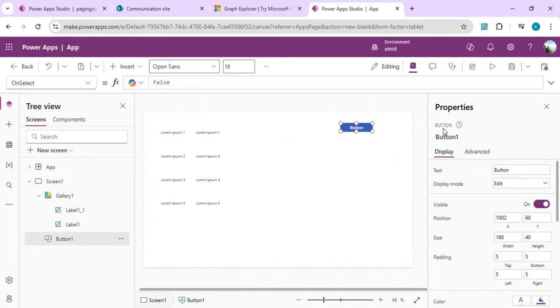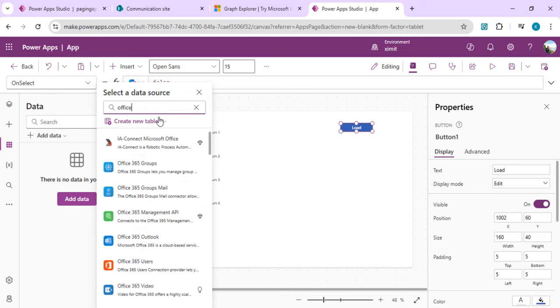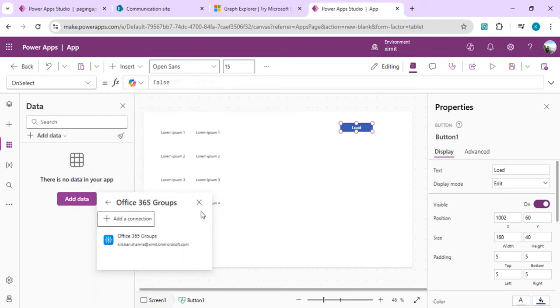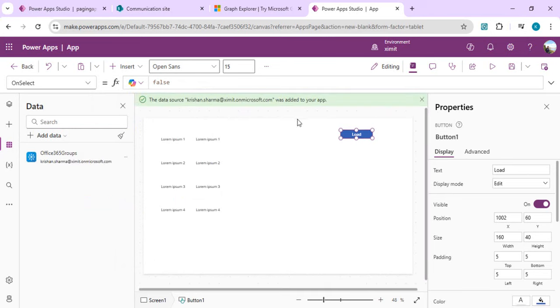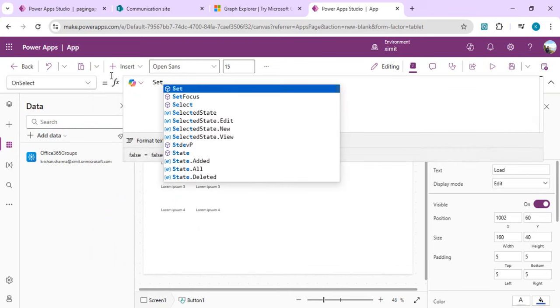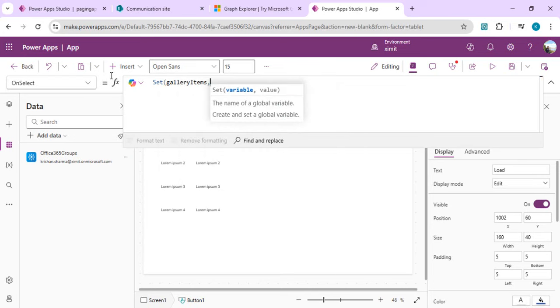This button we'll be using as the load button for the initial load. You can do that in App OnStart or OnVisible of the screen, but for demo purposes I'll write it on this load button only. We have to start by adding our data source as Office 365 Groups so that we can make a query with this HTTP request. So I'll select Office 365 Groups, add this, and on select of the button we'll do this Set for our gallery items, I would say, and then